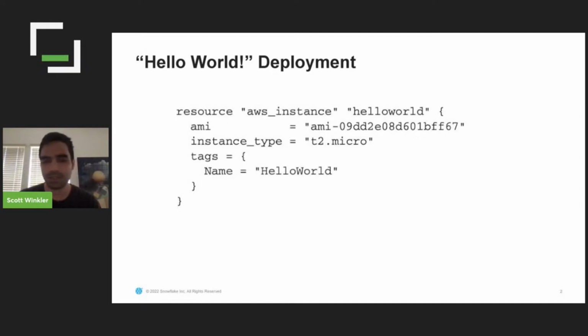So when we think of Terraform, the first example that most people do is going to be deploying an EC2 instance. There's not really a hello world example, but if there was one, this would be it for sure. It's very rewarding to see an EC2 instance be created, and you get to learn how Terraform apply works, how Terraform destroy works. And I think this makes a lot of sense. This is part of the value of Terraform, where you can have declarative infrastructure as code, and it's provisioned